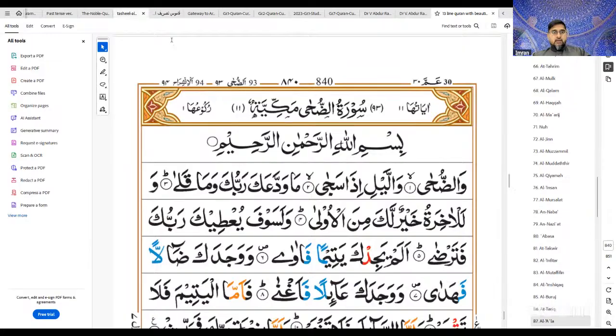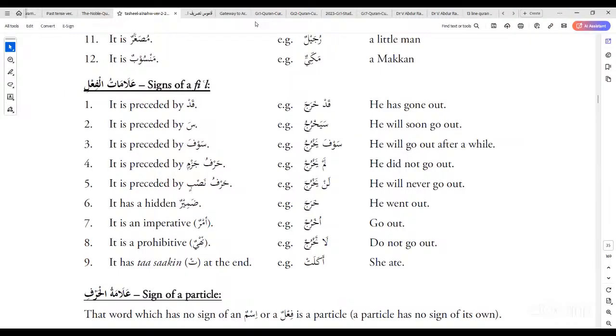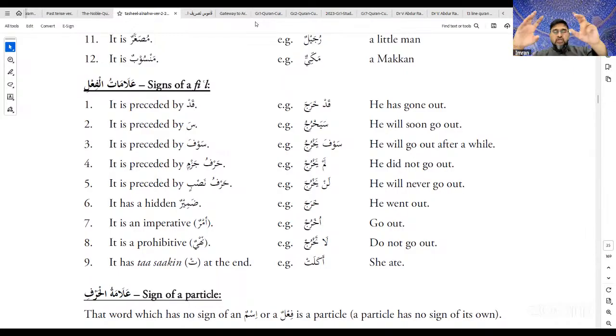Let's go back. Any question? Of course, please don't think that I've taught all the actual commands today. I'm just giving you an outline that there are different types of commands in the Arabic language, and that's it. The only thing I want everyone to understand from today's lesson is that there are 9 signs of a verb. Everything else is extra information, so that when we start the lessons, you will already have some ideas of the present, past, and commands.